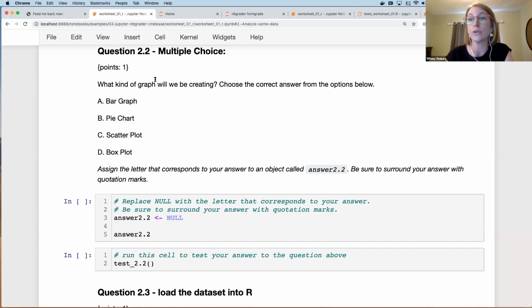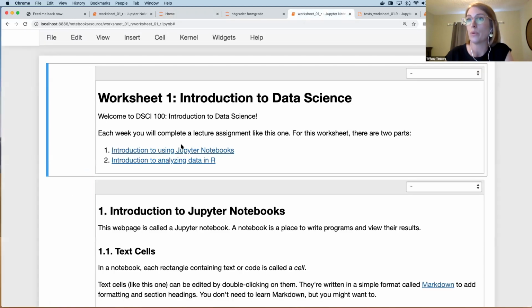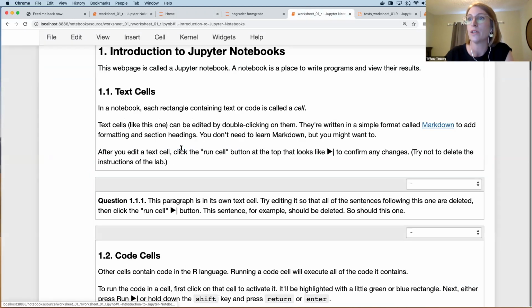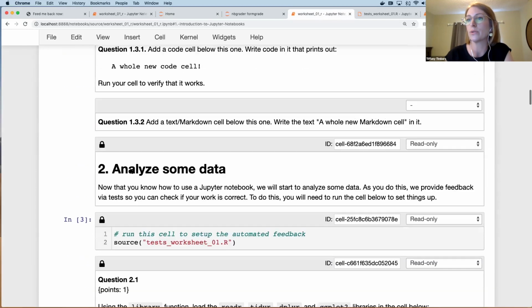How does this work for the instructor? So as the instructor, you are setting up a specific file and directory structure, which I won't go into, for setting this up for your students, but all of your answers and solutions are created in this source directory, which I have an example open here. And this is what it looks like for the student. So let me scroll down to,